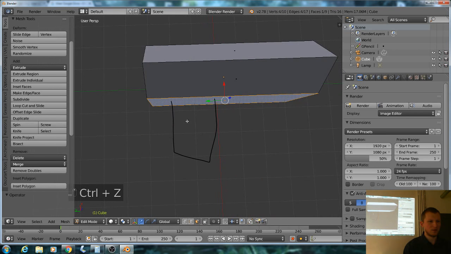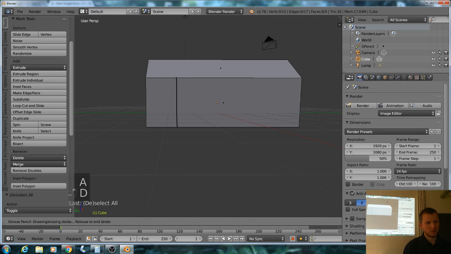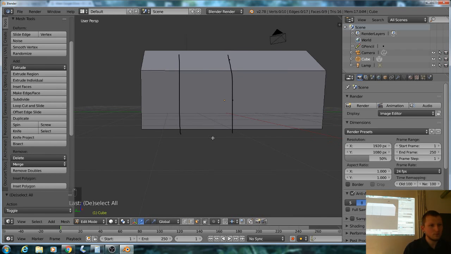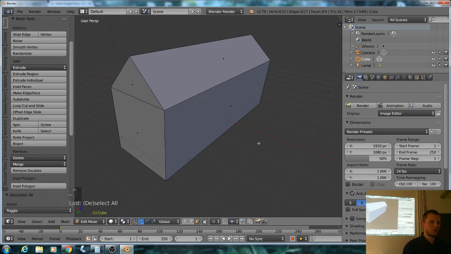So basically I need a face shape like this, for example, in here. Then if I extrude this face, it extrudes only the part I want. So again, we need some way to add additional vertices or split